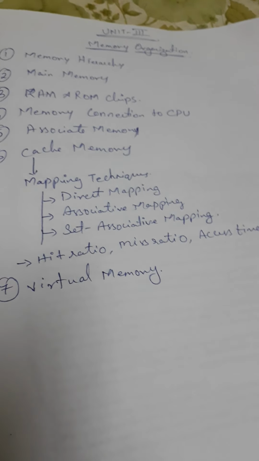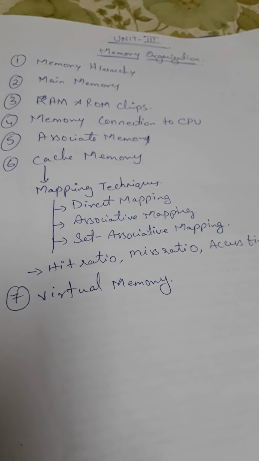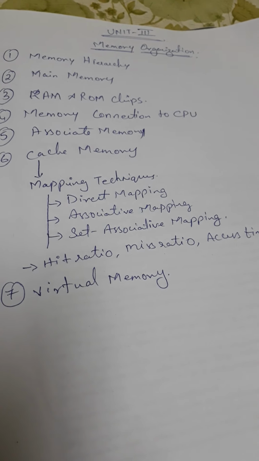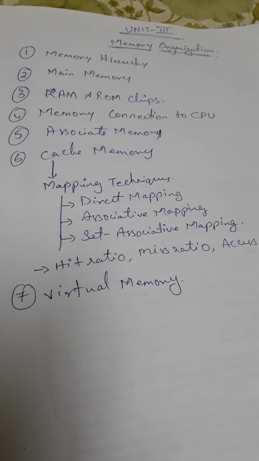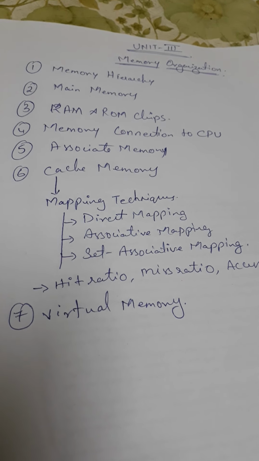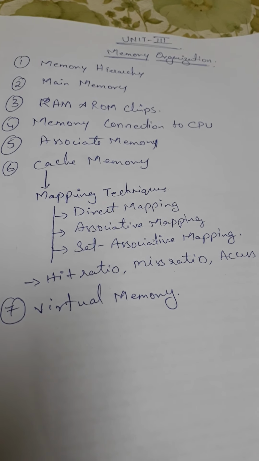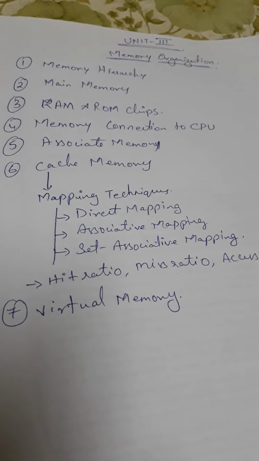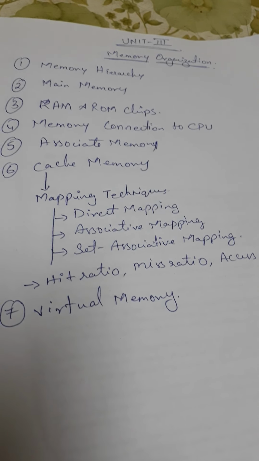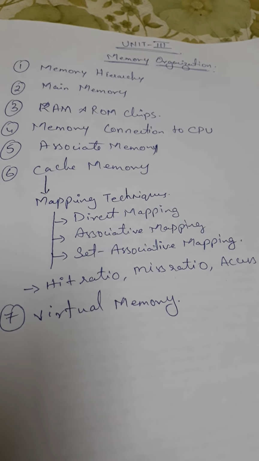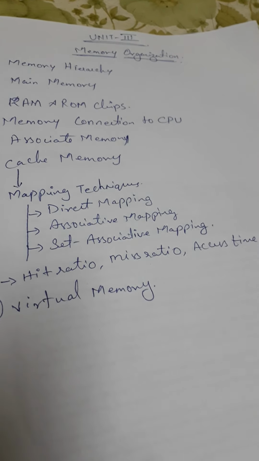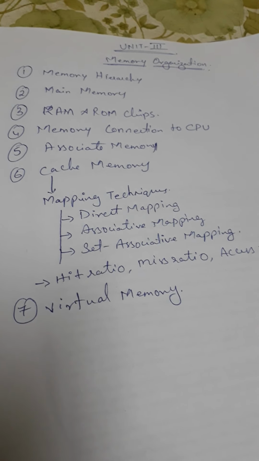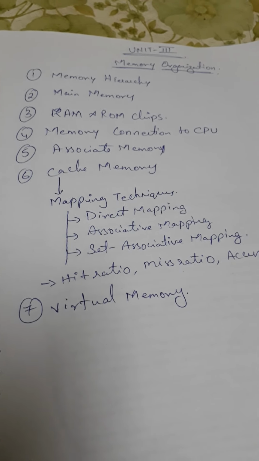Hello students. Today we will have a brief discussion about Unit 3 in Computer Organization, which is Memory Organization. As you know, we have already finished our 4 units, that is Unit 1, 2, 4 and 5. So the third unit is about memory organization. I would like to start the class with a description of the topics we are going to cover